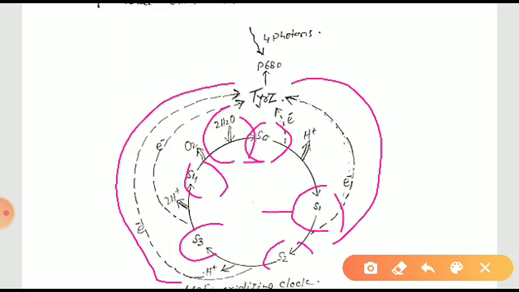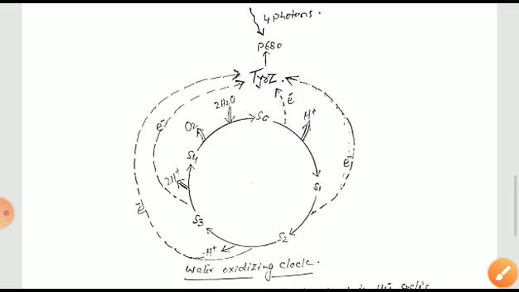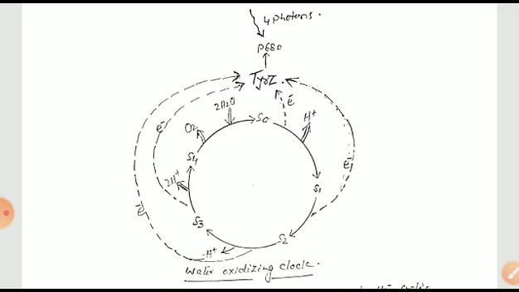And this is done by the fourth photon of light, because four photons of light are essential for the split of water molecules. And this fourth photon has got sufficient amount of energy for the oxidation of water. Now, this is all about how this water oxidizing complex operates, or how this clock works,